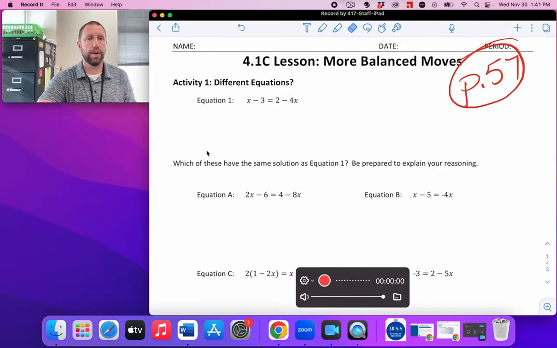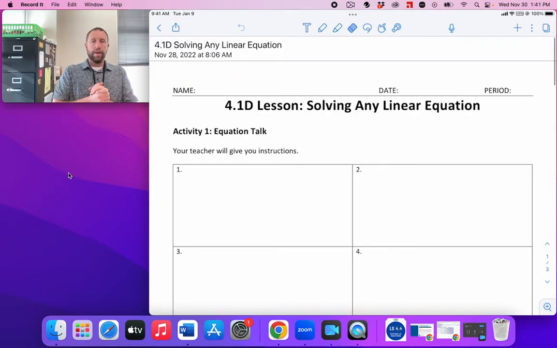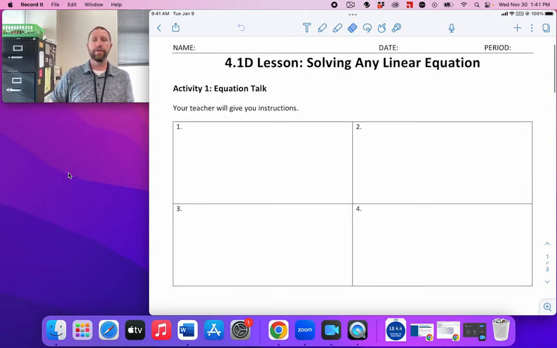All right, guys, we are on to 4.1D. This lesson is called Solving any Linear Equation, and it's building off what we've been working on all throughout Learning Goal 4.1, where we're trying to solve these linear equations. We're going to go back to basics a little bit, so take a step back on this first activity and go through some rather simple equations, at least compared to what we've been working on in class the past couple